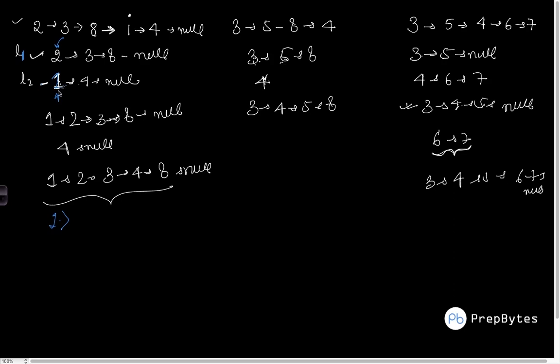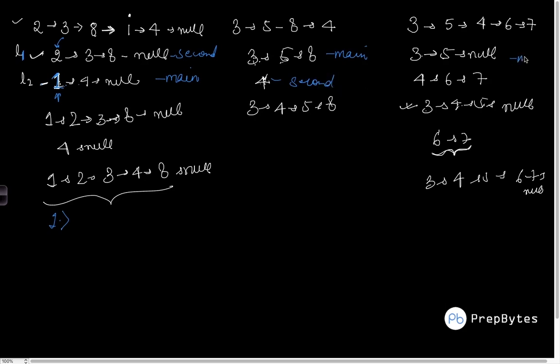Why? Because this will reduce one condition. Here I have to check that whichever is smaller, I have to make that the head, right? We can definitely do that, but I'm just trying to make it simple, so whichever has the smaller value, I'll keep that as the main list in which we are doing the insertion, and then we'll make the other one a secondary list. So in this case, this is the main list and this is the secondary list.